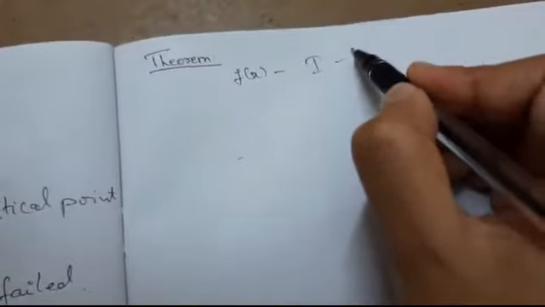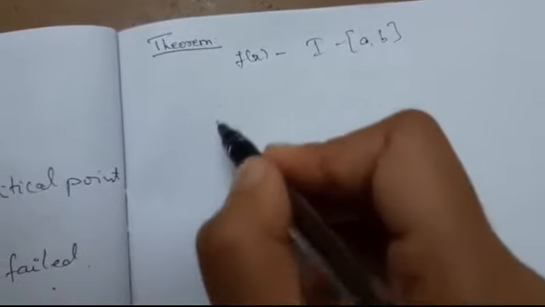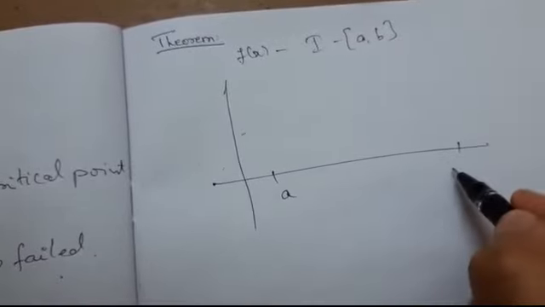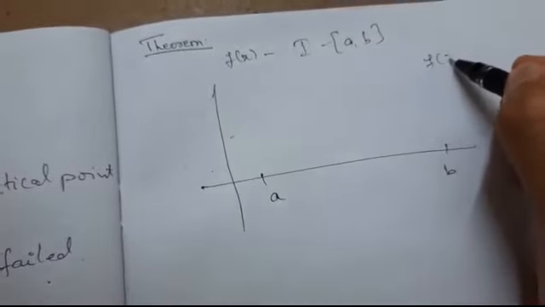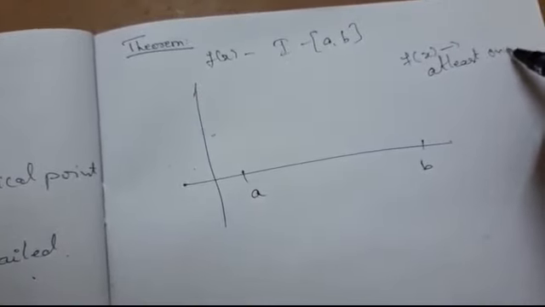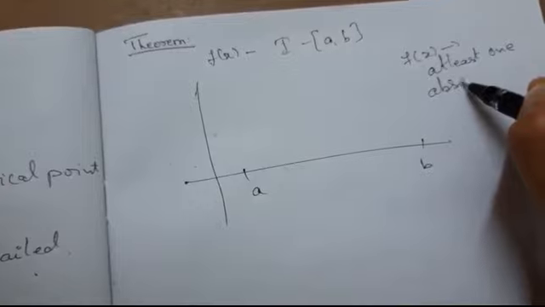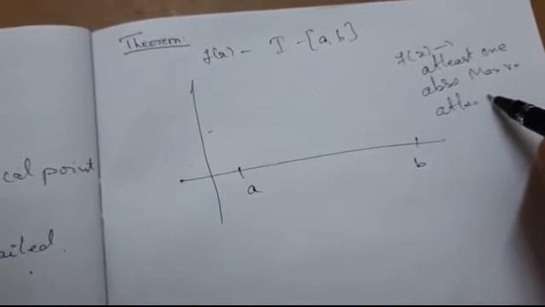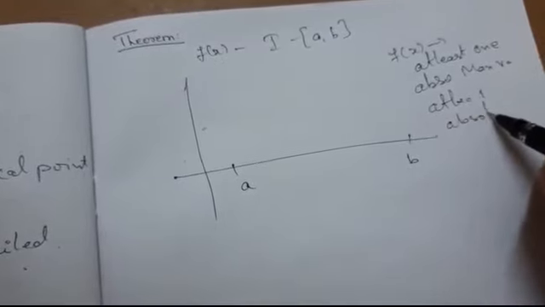So there is one theorem which is going to state something based upon the absolute maximum and absolute minimum value. Suppose there is a function, say f of x, which is defined within the interval, say a comma b, then within that interval, that is from a to b, that f of x function will have at least one absolute maximum value, or it will have at least one absolute minimum value.